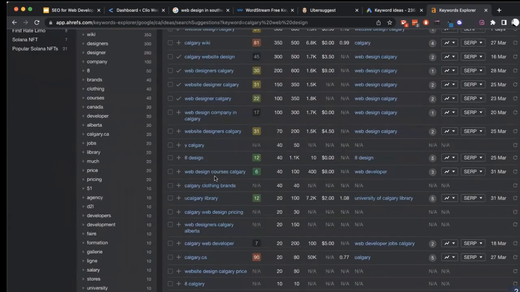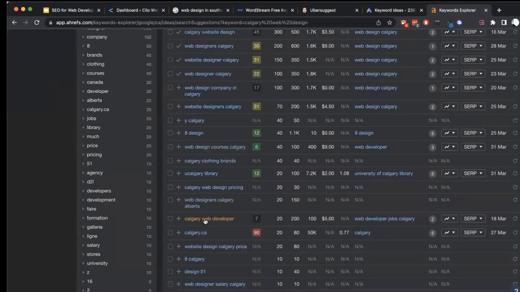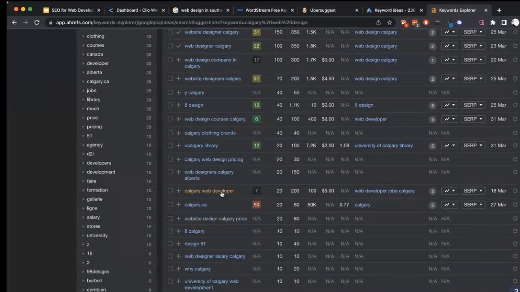Again, that's a bad example, this particular one's probably not something you're targeting unless you're creating courses. But you would go through some of these examples and say, okay, maybe Calgary web developer, maybe that's better than Calgary web design if somebody's looking for a Calgary web developer, because this one gets 20 searches a month, let's say. However, it only has a difficulty of 7, let's say. So this one's way easier for me to rank for,